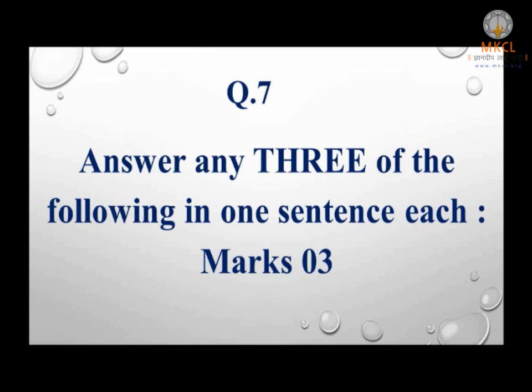Question 7 is: answer any three of the following in one sentence each. Marks 3. So each question carries 1 mark. Here what is expected, friends, is the to-the-point and exact term in the answer. A close and repeated reading of the course book is needed. Let's take an example. What becomes a crucial issue in a society of diversity? The answer is, in a society with diversity, different groups and parties aspire for power. So distribution of power among them becomes a crucial issue.